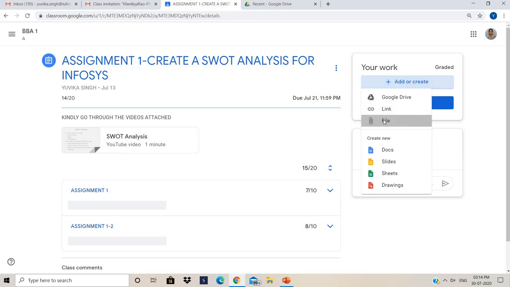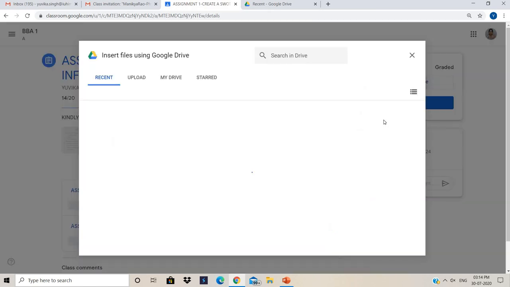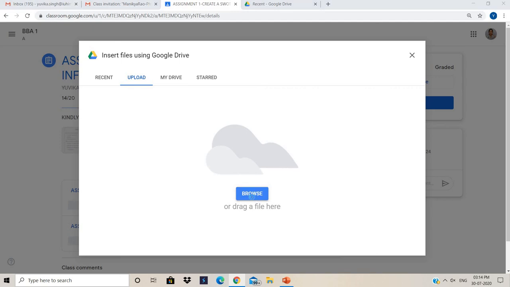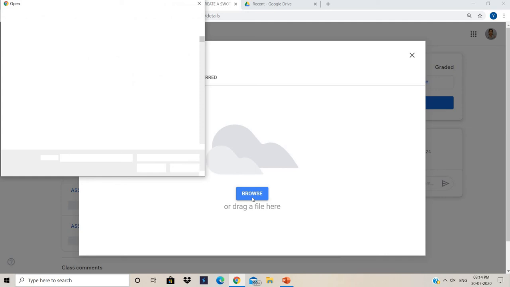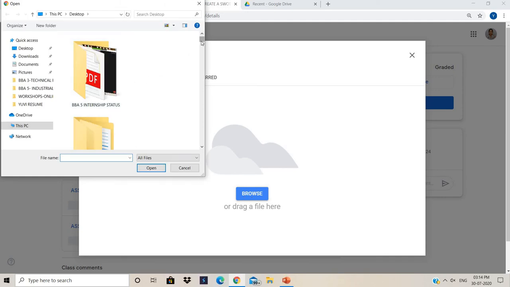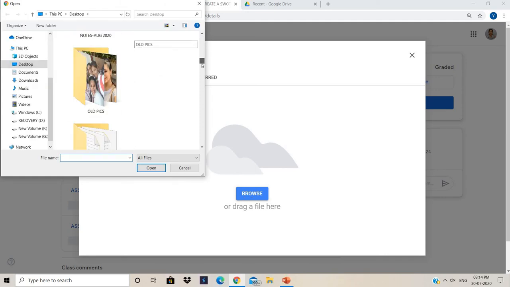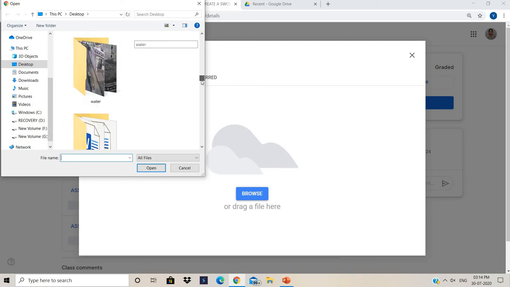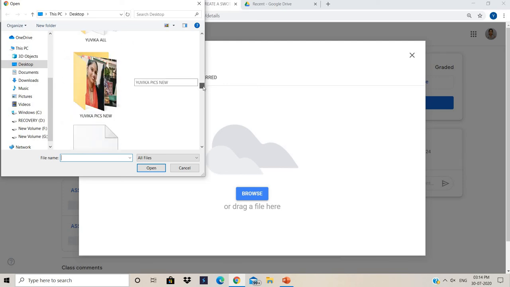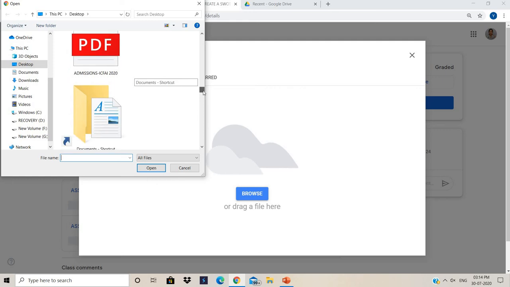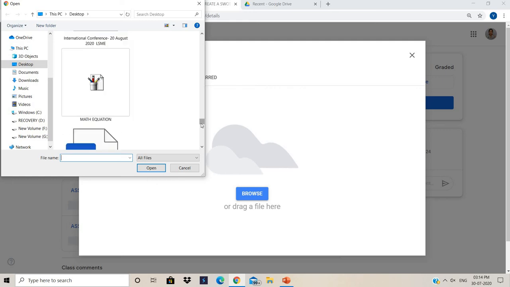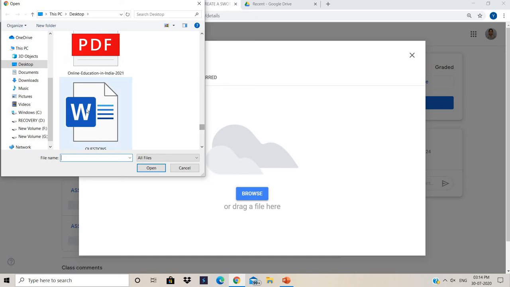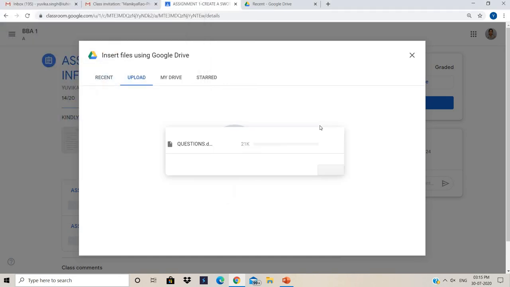What I'll do, I'll just click on this button, and I want to get it uploaded from my laptop or computer. I have prepared my file. I have just converted it into a PDF file through CamScanner or whatever be the case. So I'll just post one of the random files from here to show you the assignment. Suppose this is a PDF file, right? This is a math equation. Suppose this is a file here, right? I have a random file here, so I'm just putting it here.